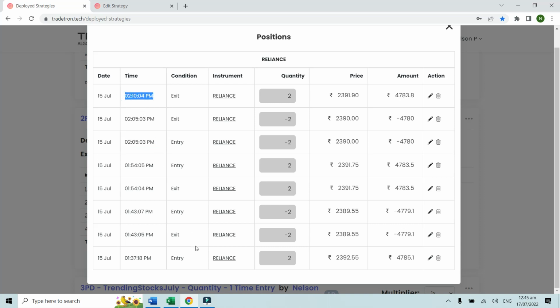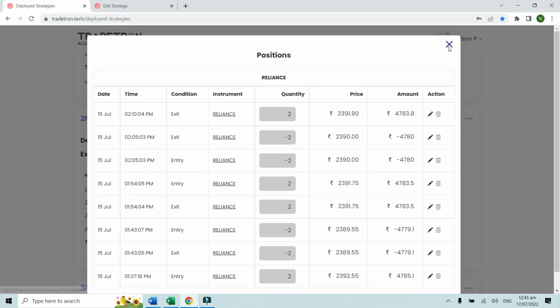All right. So if you see, the first buy entry was this one, the second buy entry was this one, the first short entry was this one, and the second short entry was this one. So that's the reason why it took a total of 2 entries on the buy side as well as on the short side. After 2:10 p.m. it should ideally have taken the short position, right? Because the short position had got exited, that means the trend reversed, but it did not take it because of the condition restriction that we had put